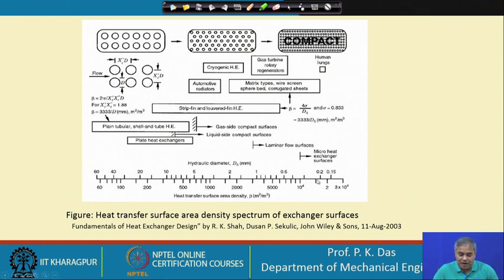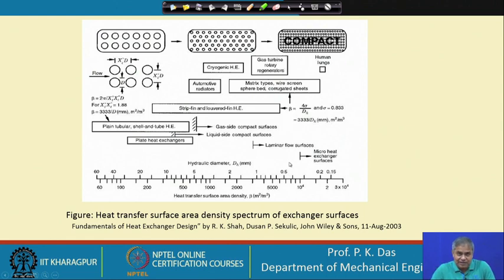The definition of hydraulic diameter is known to all of us. So, based on that, hydraulic diameter has been calculated, and you see here we have got some sort of a relationship between compactness and hydraulic diameter, bringing some sort of a sigma factor here, the value has been given, and then along with this, how the compactness and hydraulic diameter are related: beta is equal to 3333 by dH. So, this is in meter square per meter cube. So, this value has been given.